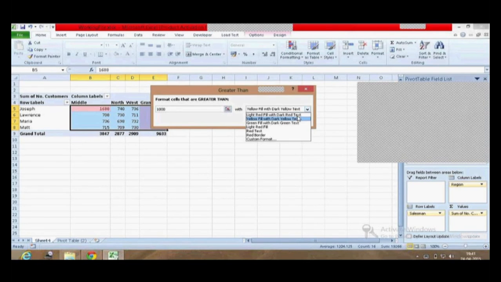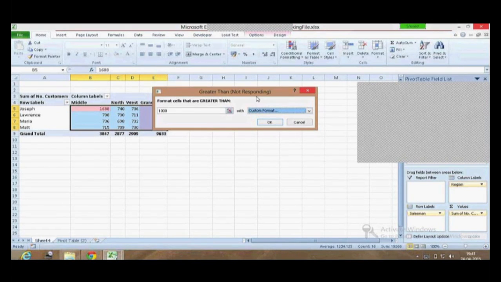The first time when you open the format dialog in Excel, it will surely take some time. So here is my custom format dialog. In the custom format dialog, you can see the option for fill. So let me choose a green color to be filled. And then I'm going to hit OK.